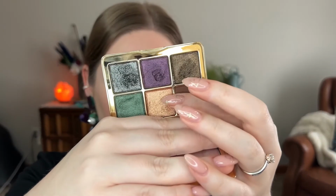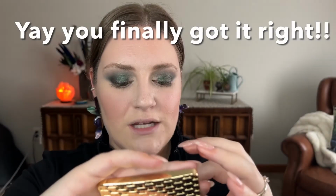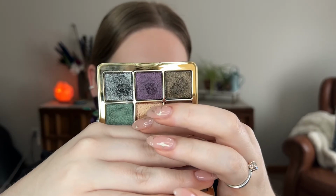So the next shade in the palette that I'm tempted to do my inner corner with, it's darker than I typically do for my inner corner, but I just think that this, what is this? Rose gold satin shade is going to be so pretty next to that green. And it's brighter enough than that green that I think it'll give me the effect that I want. So I'm going to grab,